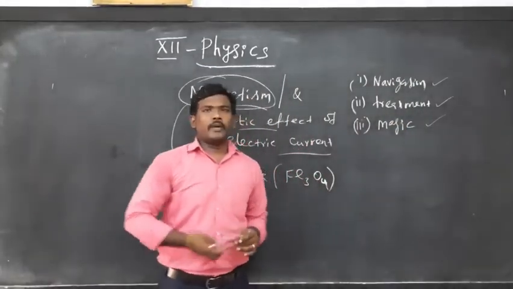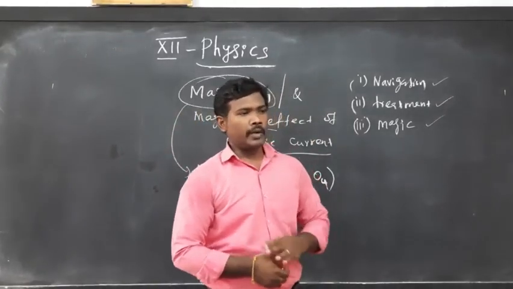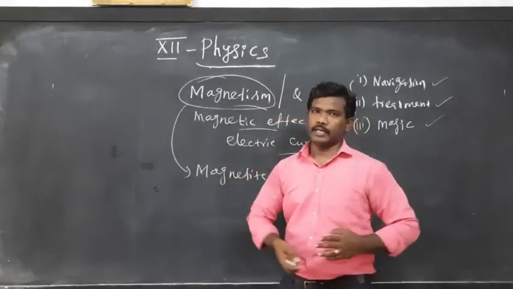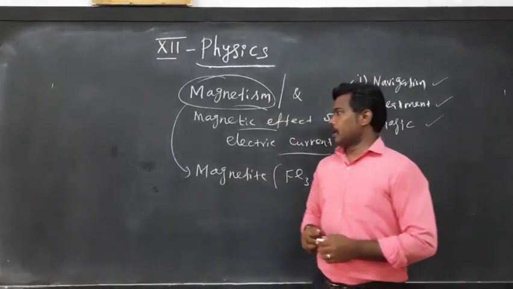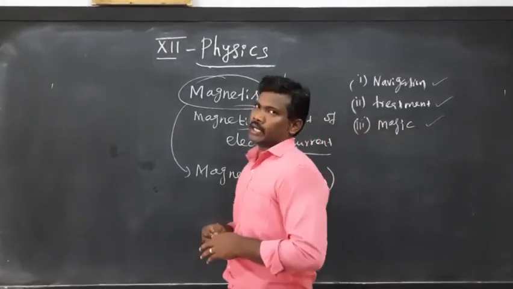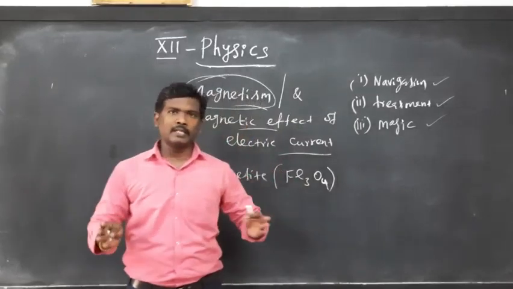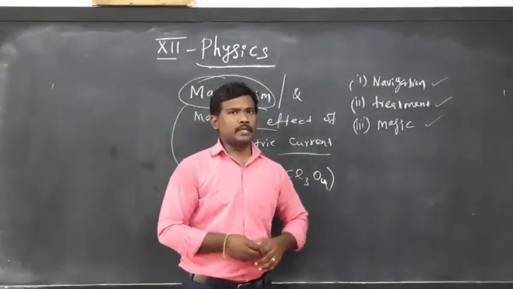Okay, we know very well that physics has several branches. We are going to discuss mainly two branches: one is electricity and the other is magnetism. In the olden days, electricity and magnetism were two separate branches. There was no link between the two branches.